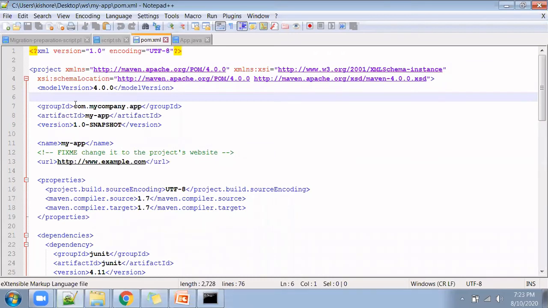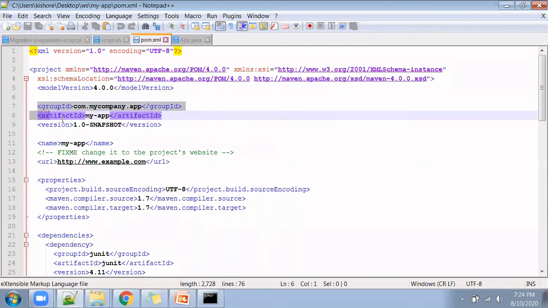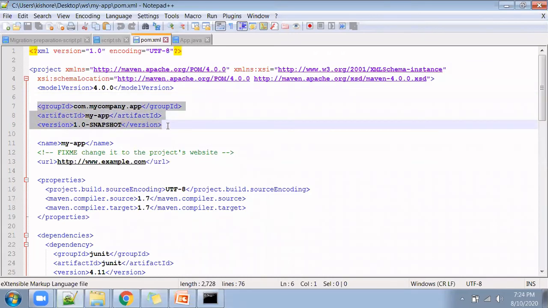For example, this group, GAV, is the output artifact name. This section is called the naming convention. Based on this naming convention only, it will create the output folder, output file, either jar or war or any other package.